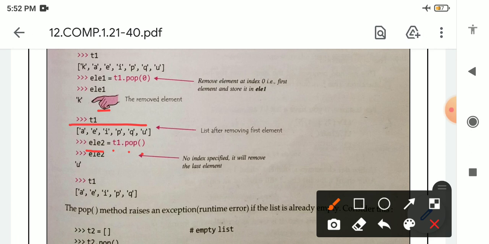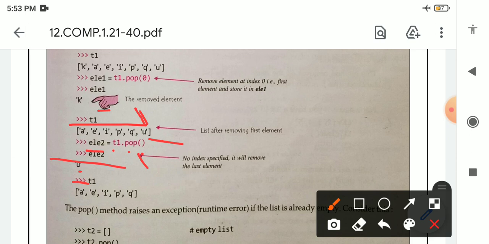So it will delete one element from the last. The last element is U. We can see in the list U is present at the last. That is why U is deleted, because no index is provided inside the pop method. So when we type the variable name ELE2, we will get U, because U is present at the last, and in the pop method we have not provided any index number.